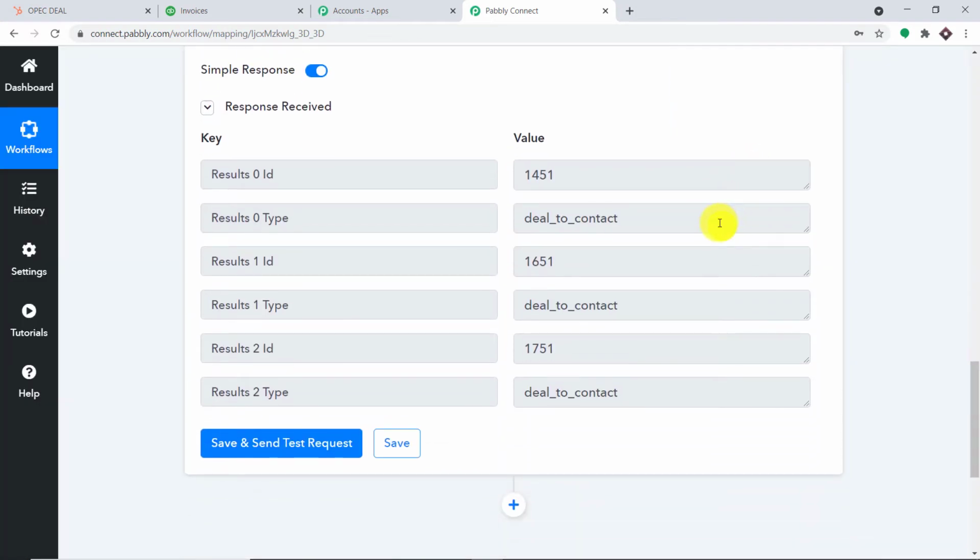Okay, so as you can see, we do have some details. These are basically the IDs of the contacts that are added in HubSpot. We have added 3 of them, Janice, Roger, and Tony. So these are the IDs of these 3 people. Now imagine if you have added 10 people to the contact.